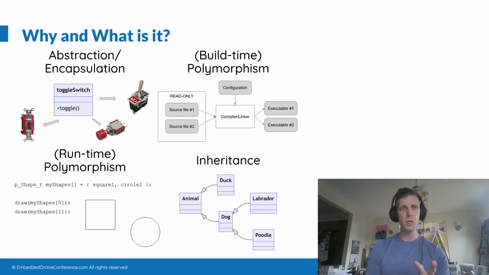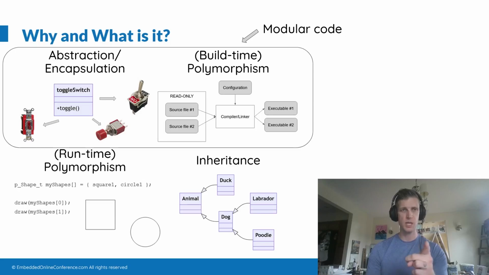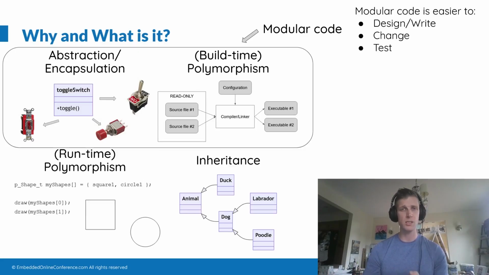Okay, what's interesting to me is that the first two up top here, abstraction, encapsulation, and build time polymorphism, are really just aspects of good modular code. If you think of code that is abstracted, it's encapsulated, that you can sort of swap implementations out at build time. That just describes code that's really modular. Modular code's been really well studied. It's well established that modular code is easier to design, it's easier to write, it's easier to change, it's easier